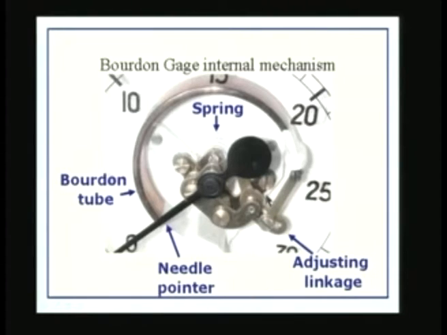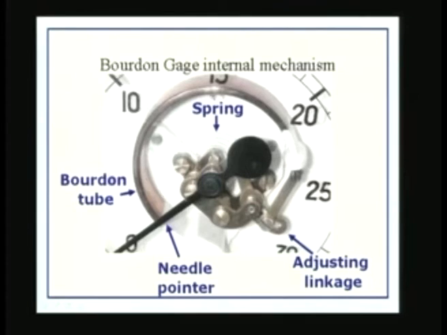What it consists of is the Bourdon tube, which is some kind of a flattened tube. You can see that here. It is flattened and the cross section is somewhat elliptical, and the inside of the tube is sealed. To the sealed tube, we communicate the pressure to be measured, and of course, the outside pressure is the atmospheric pressure, or in some cases the outside pressure may be a different pressure. We can use this for measuring the differential pressure or the gauge pressure. By now you will realize what gauge pressure means.